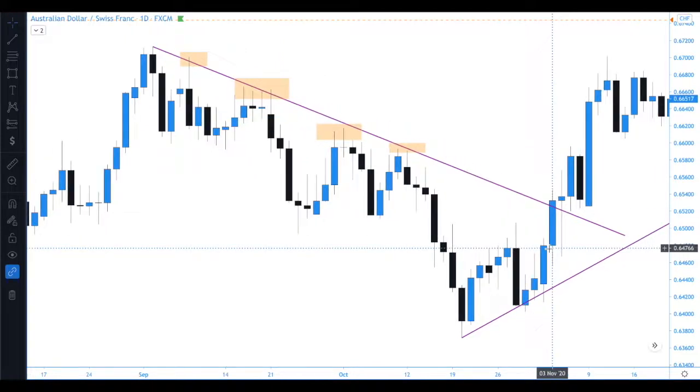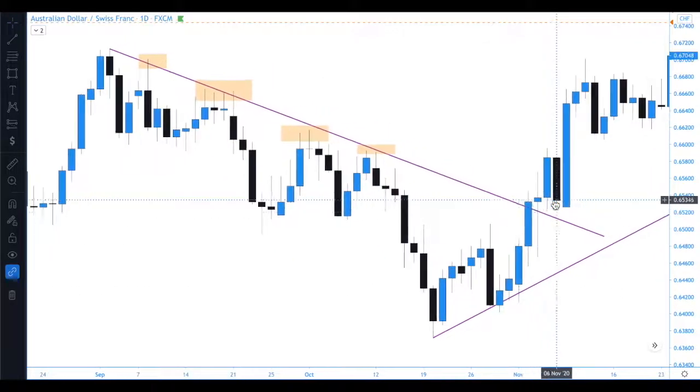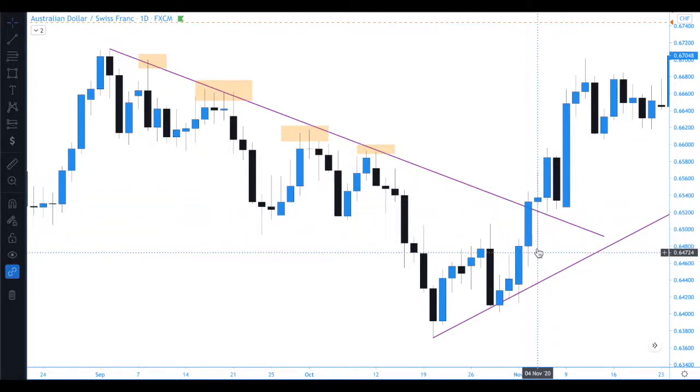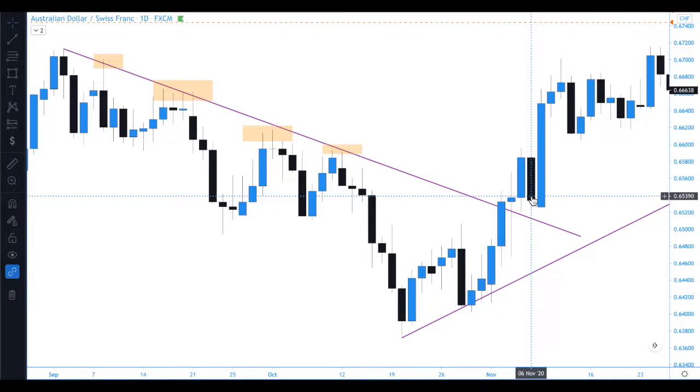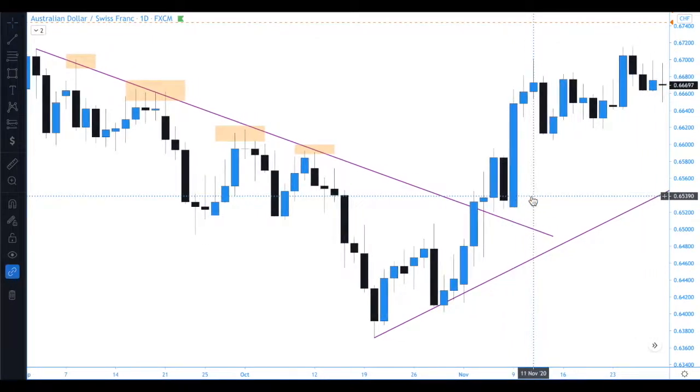Now, when the market breaks this trend line, as we've got on this point here, what tends to happen is we tend to have quite a solid retest of this area. Okay, we have quite a solid retest of this area, and these are the opportunities where you can then see that change of trend, and you can actually get a nice trade, a nice position in at that trend line